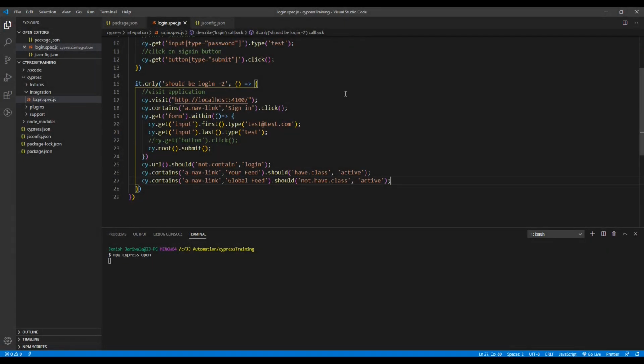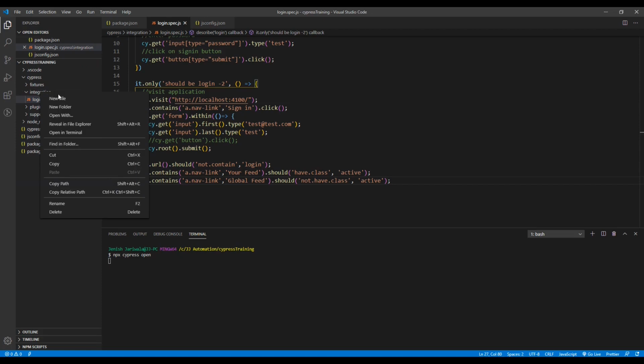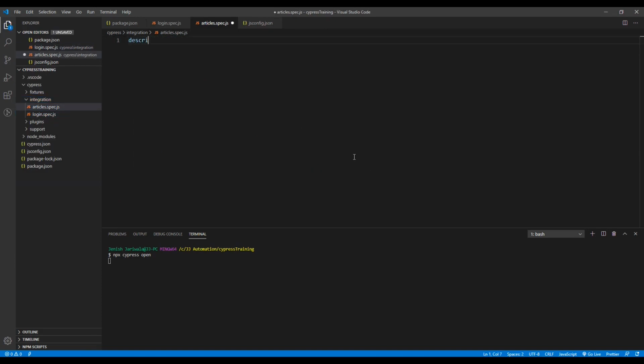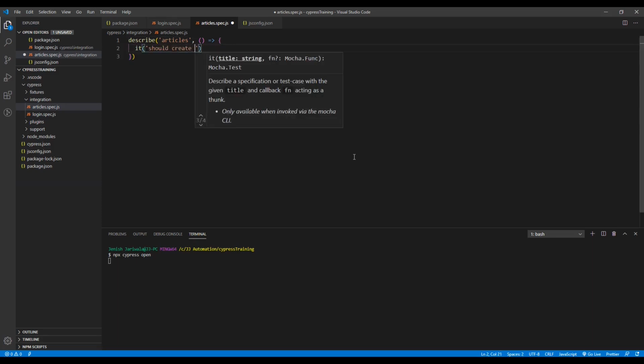For that we can create a new spec file for the new articles. Navigate to integration, create the new file articles.spec.js. Start with describe articles, it should create new article.